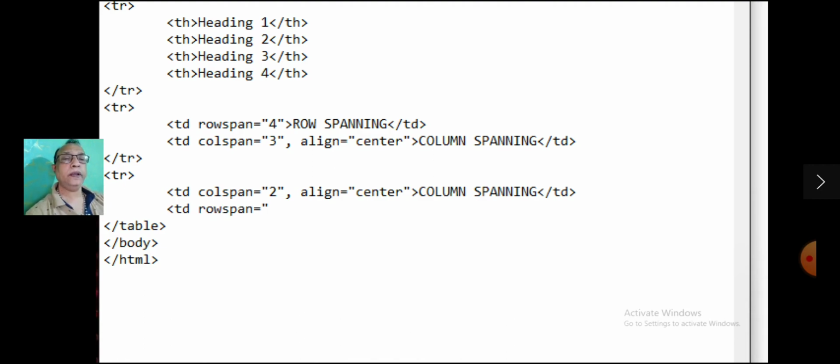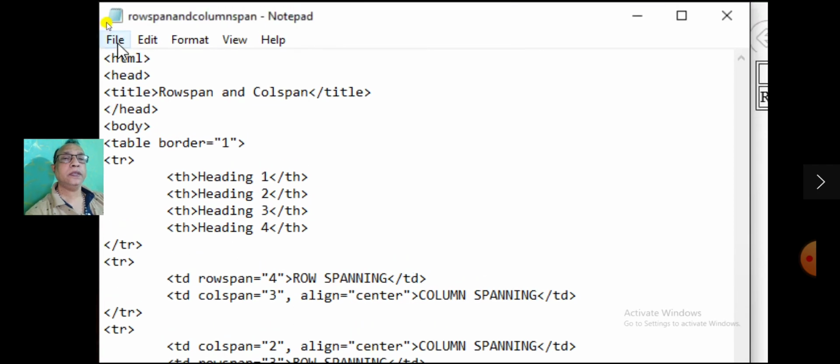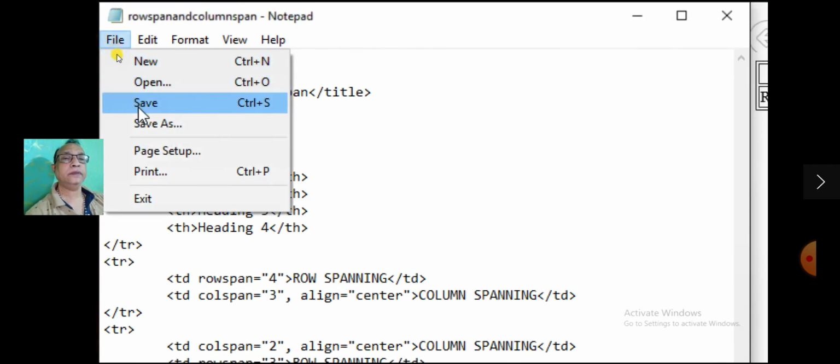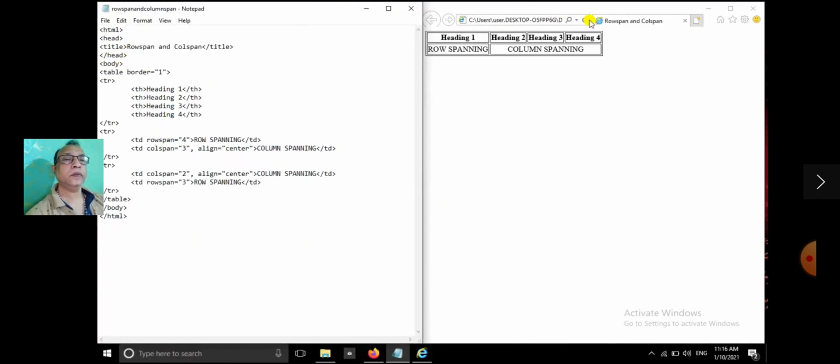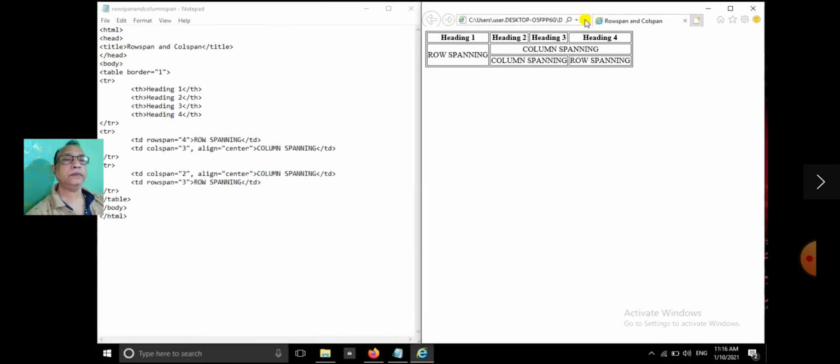TD rowspan is equal to, in the quotes, 3, and write the data as row spanning. Close that row element. Save the file. Refresh the browser.